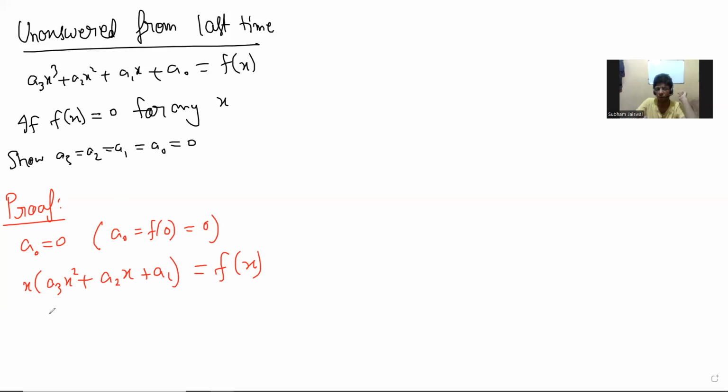So from here, what I can say directly from here is this implies that this thing is like a new function. If you want to name it, it's not necessary. This function, then g(x) is 0 for all x